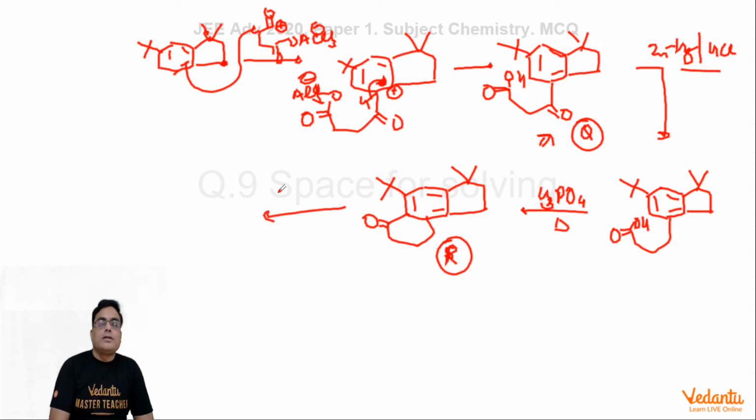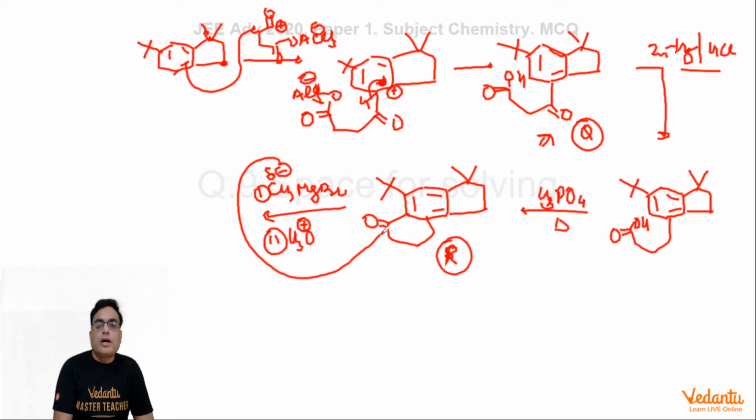This R is actually attacked by methyl magnesium bromide, that is a Grignard reagent, followed by H3O plus. Grignard reagent is always followed by H3O plus in general, because this CH3 minus will attack on this carbonyl carbon, and this O becomes O minus, which after getting H becomes OH. So ultimately what you get,